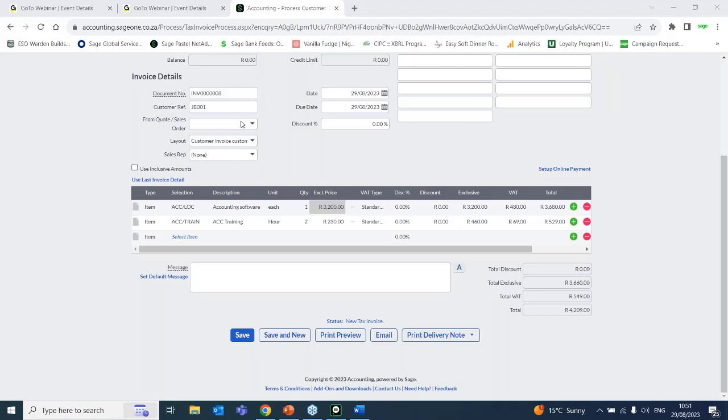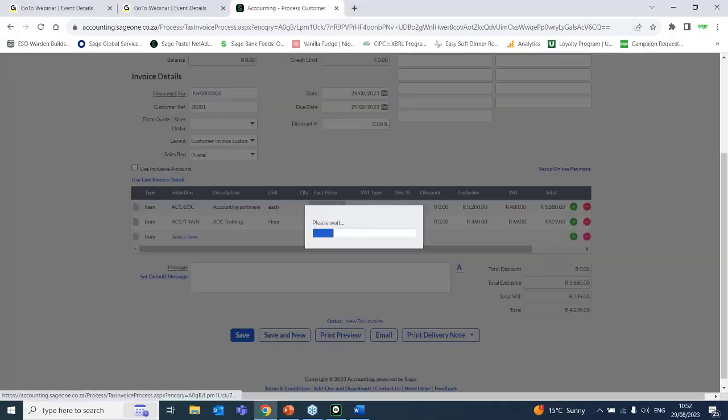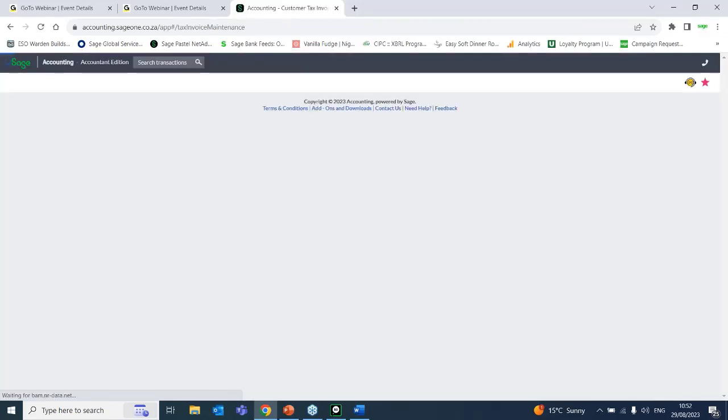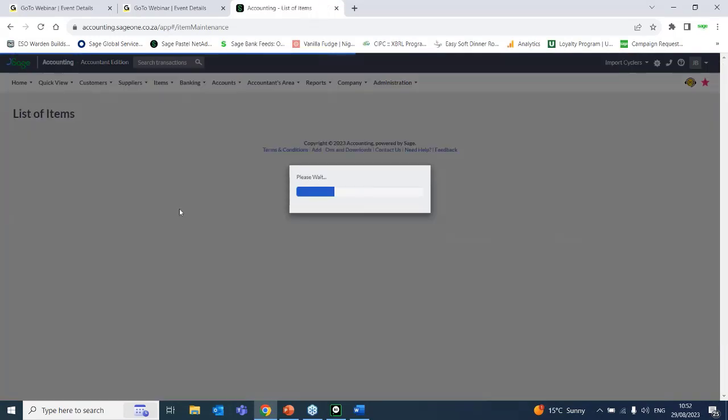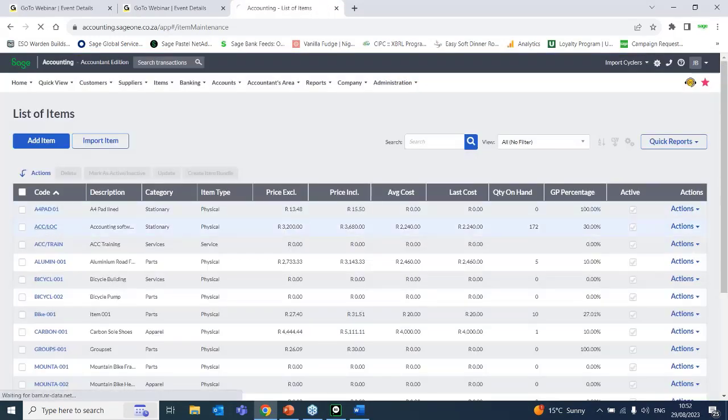So your purchase price, someone hasn't understood, so I'm going to go through it again. Purchase price and cost of sale are the same thing. Guys, I'm going to just save this invoice quickly, because sometimes being able to see does help. So this is where we're in a customer invoice. If we look at items and our list of items, if we go in here,